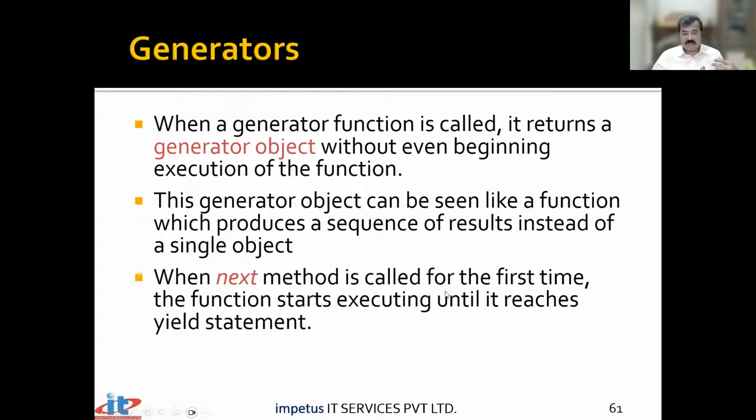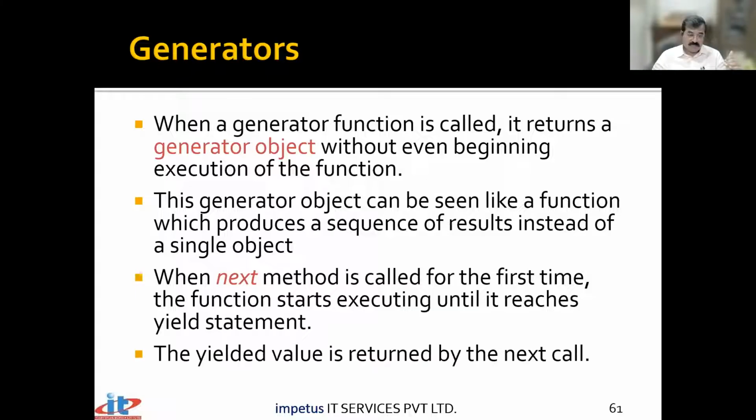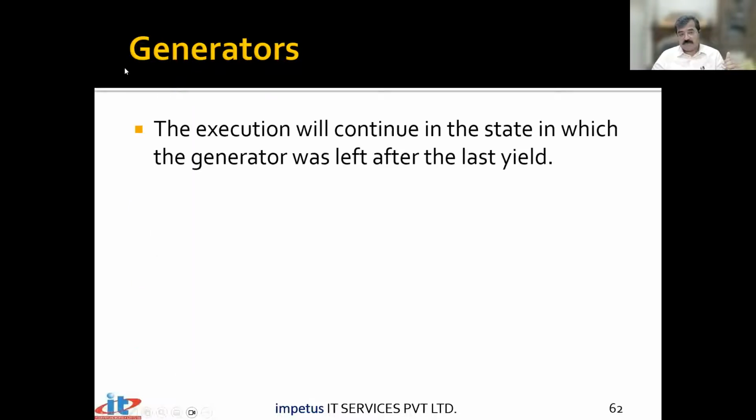When the next method is called for the first time, the function starts executing until it reaches the yield statement. This behavior is like your regular function call. So when you call this next method the first time, the control goes to the beginning of the function and executes all the statements till it comes across the yield statement. The yielded value is returned by the next call. The execution will continue in the state in which the generator was left